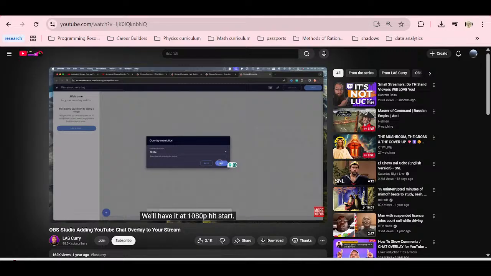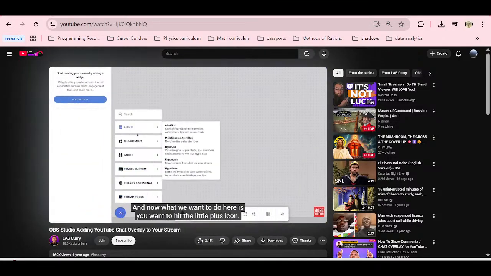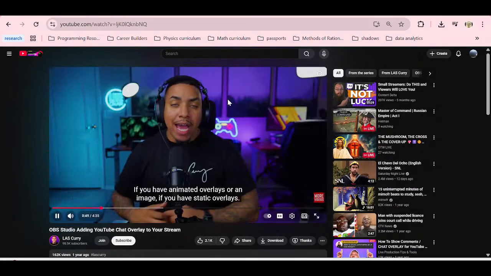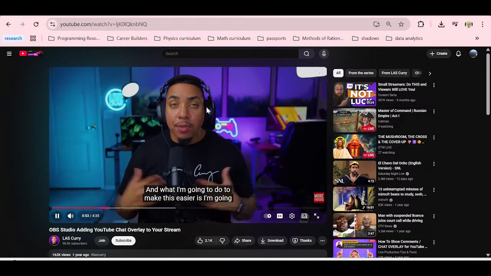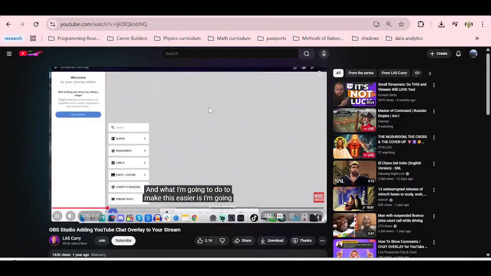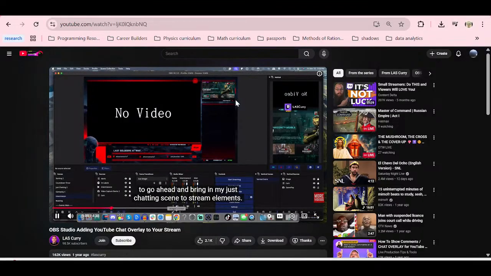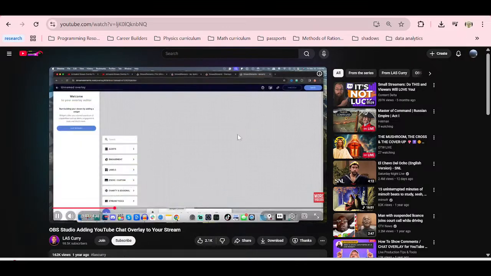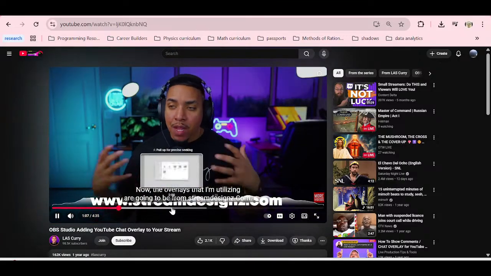We'll have it at 1080p, hit start, and now what we want to do here is we want to hit this little plus icon. We want to come towards the static and custom, and you'll select video if you have animated overlays, or an image if you have static overlays. And what I'm going to do to make this easier is I'm going to go ahead and bring in my just chatting scene to Stream Elements, so that way I can align it directly with the actual chat. Now, the overlays that I'm utilizing are going to be from streamdesigns.com, and they have tons of